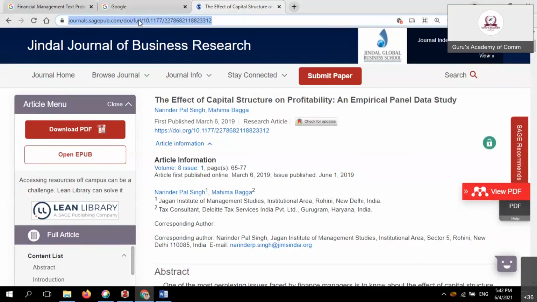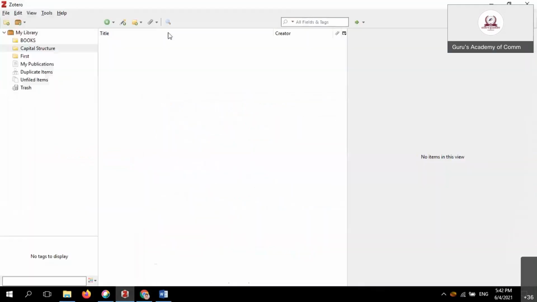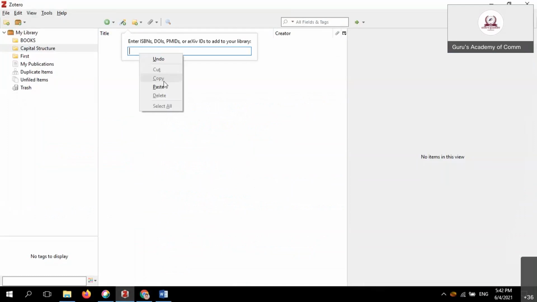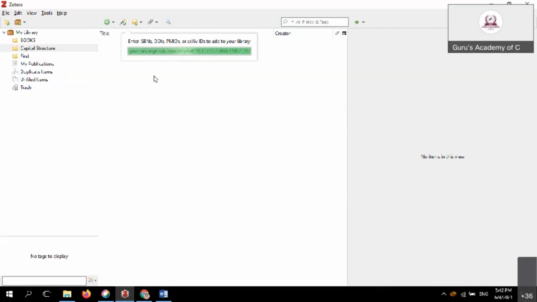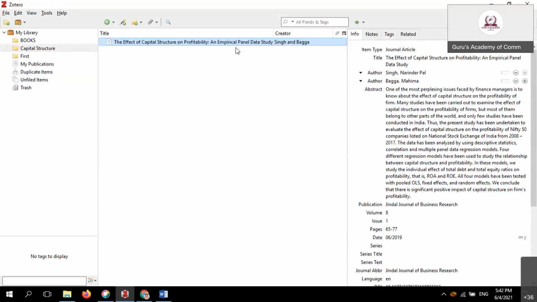Chrome. Simply click and double click, so that the entire URL is selected. Right click, copy. Okay, next move. Simply enter, copy. Okay, now it is processed. Some of the DOI number is done, so that you give it the access journal, everything is properly done. Okay, these are the methods we provided.